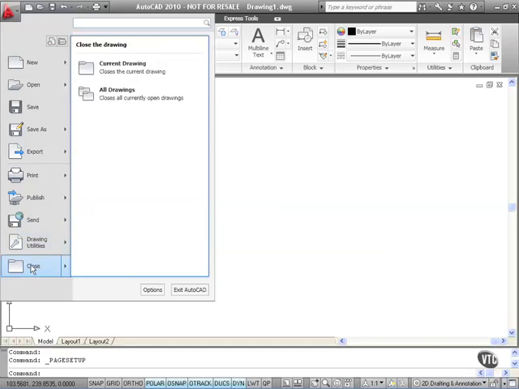Close. It's fairly self-explanatory, but what it does allow you to do is if you've got 4 or 5 drawings on top of each other that you're working with, you can close all of the drawings in one go, rather than just one by one. Or you can just close the current drawing, which is on top of those 5 drawings that you might have